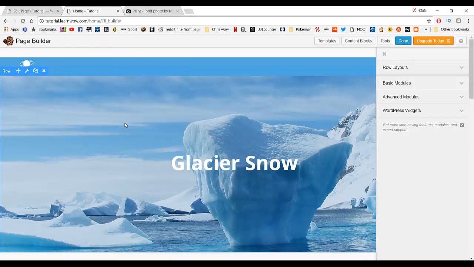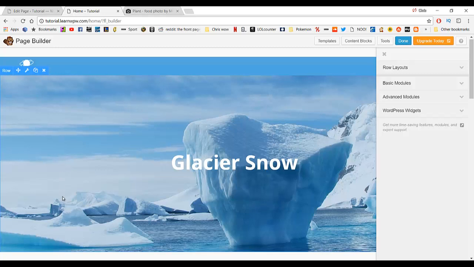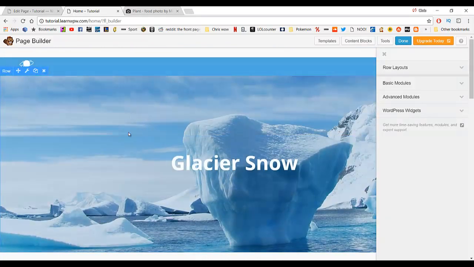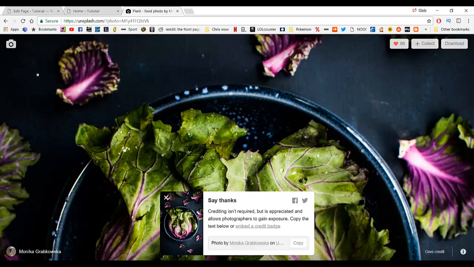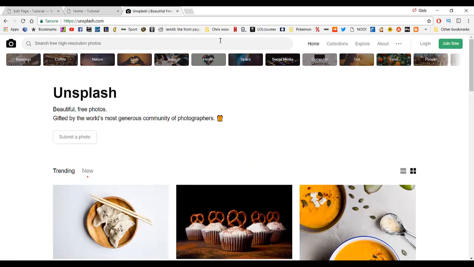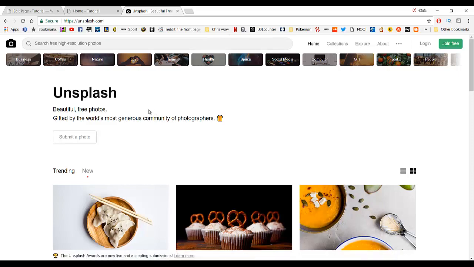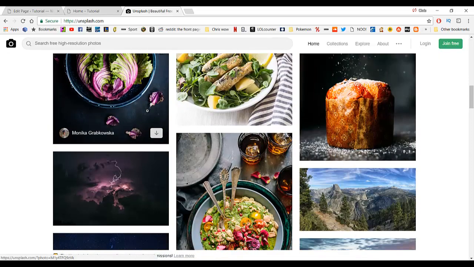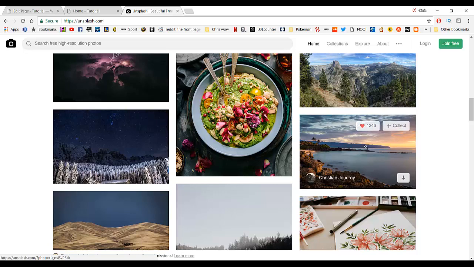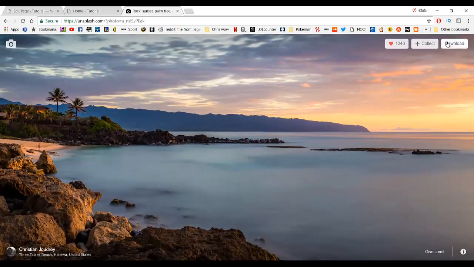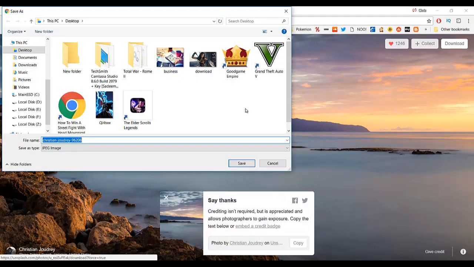I actually also have a really good website to find really high quality background images like this one, but for total free. It's called unsplash.com. So if you just go to unsplash.com, these are all free photos. They're all high quality, huge, big photos, and they're completely free. So if you just click on that and then click download, this is background,